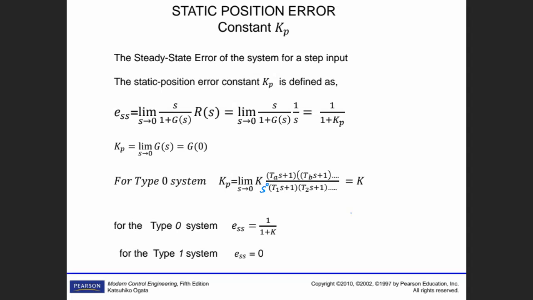So for static position error, your type 0 system is K. I'm sorry, Kp is equal to K and e_ss is equal to 1 over 1 plus K. You don't need to memorize this, but keep this slide in mind, these slides. Don't memorize those, but don't forget those